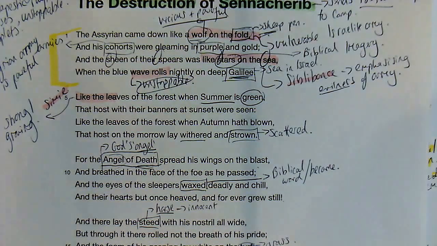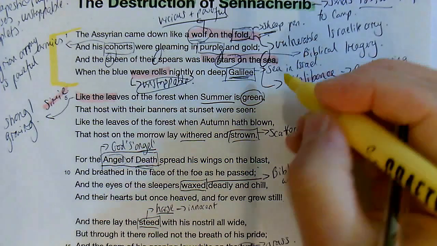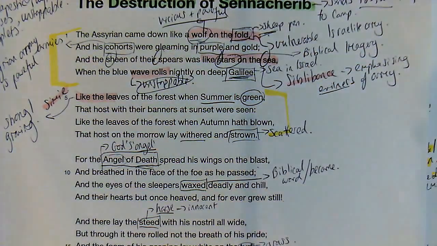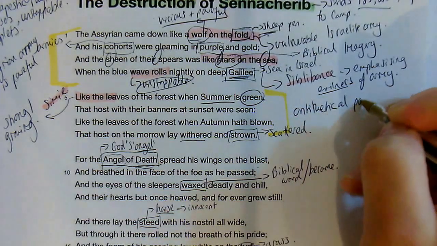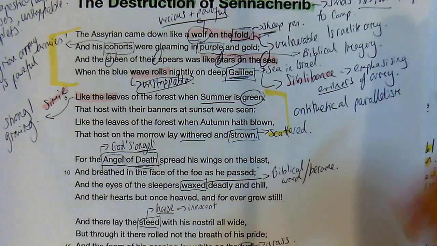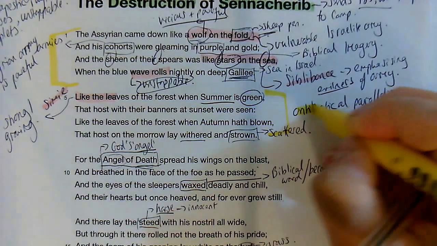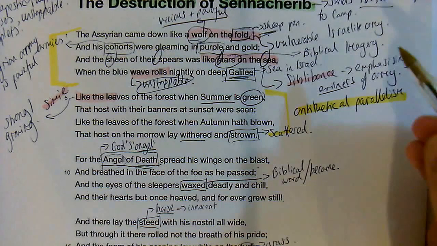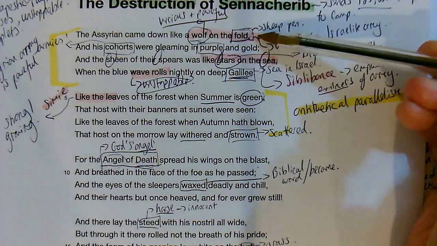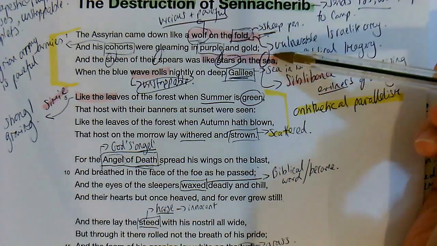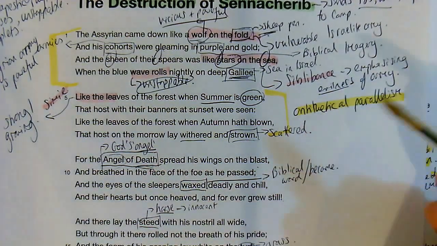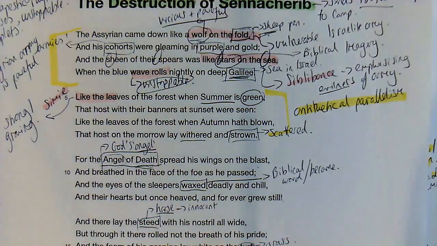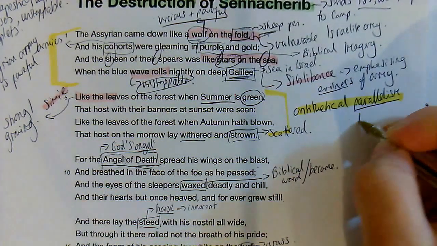And I think this is a really good point to make as well, because I think lots of students at GCSE level can talk about similes. But when we have a look at this idea here of antithetical parallelism, this is important. Byron would have known this, he would have 100% known this. Not only is he using biblical imagery all the way through, not only is he using biblical words, he's also using biblical techniques. Antithetical parallelism. Parallelism is a massively Hebrew